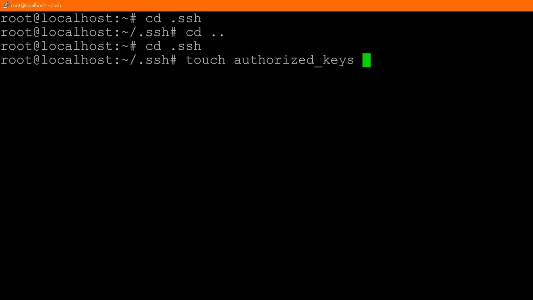Okay, so now we make this authorized_keys file. Once we make this authorized_keys file, what we need to do is cd out of this folder, so cd